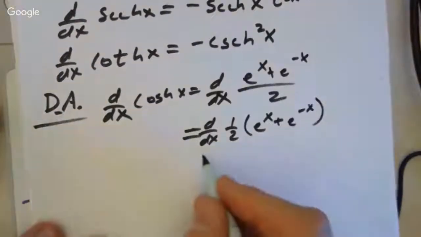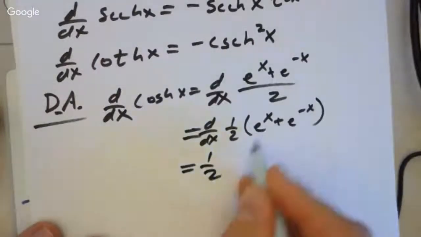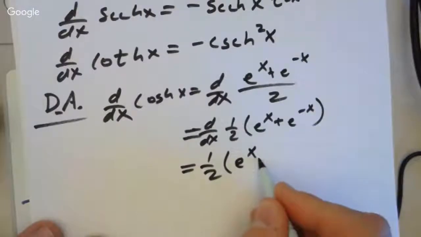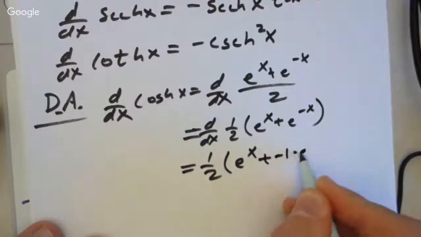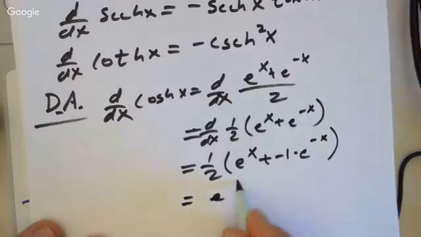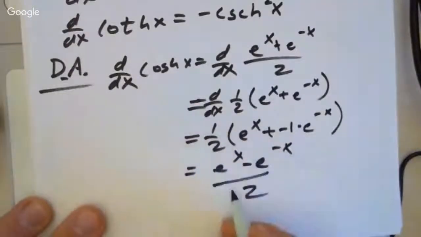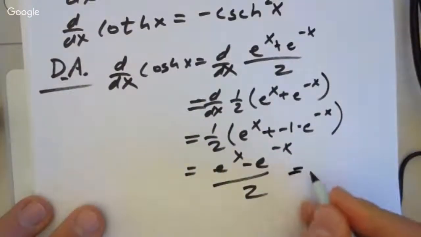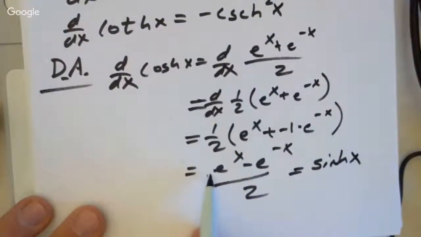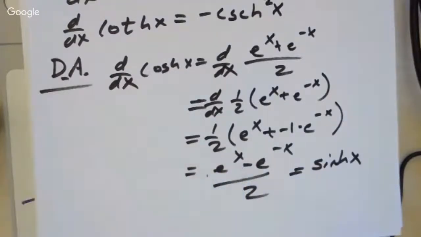All right, so let's go through then. The 1/2 stays as a constant out front. What's the derivative of e to the x? What's the derivative of e to the negative x? Yeah, -1 times e to the negative x. So that becomes a minus. And what is that defined as? That is the sinh. Now, if there was a negative there and a positive there, then it would be negative sinh, but we just get sinh back.